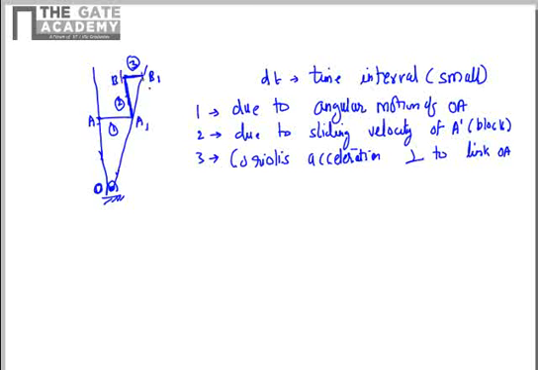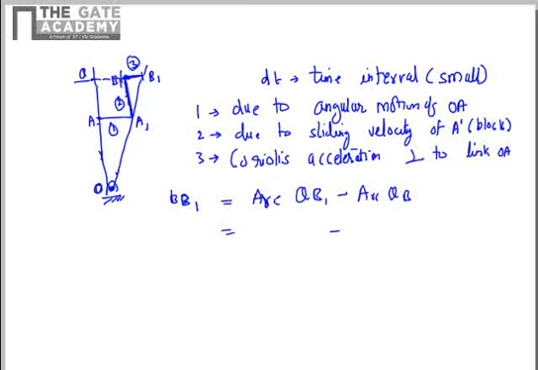So we want to find the Coriolis acceleration. For that we just need to find the displacement BB1, and from the formula that displacement is equal to half AT square, we can know the acceleration. The distance BB1: we just extend this R and it will cut somewhere here, let's say Q. So BB1 will be equal to RQB1 minus RQB.